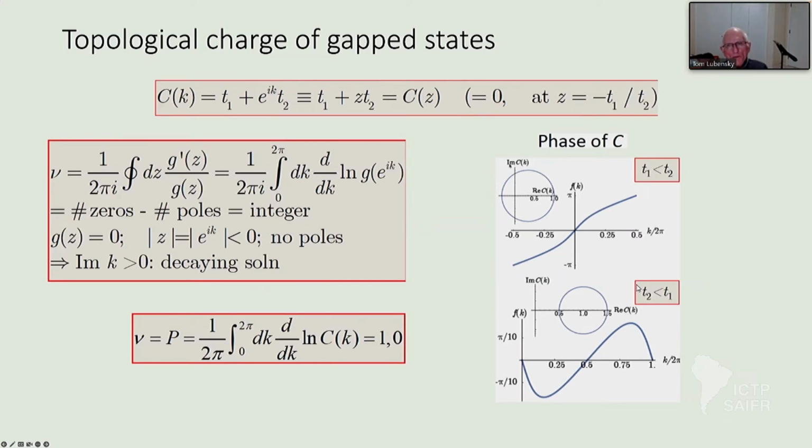You can think of it as plotting imaginary versus real K, as shown here for the case when T1 is less than T2, where we know we've got a 0 inside because we have a 0 mode there. So we wrap around and find a 0 along the real axis, and the center of the circle is at